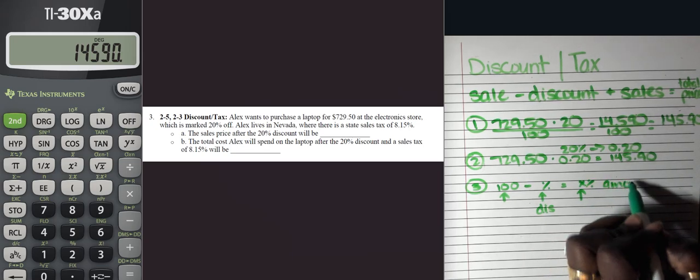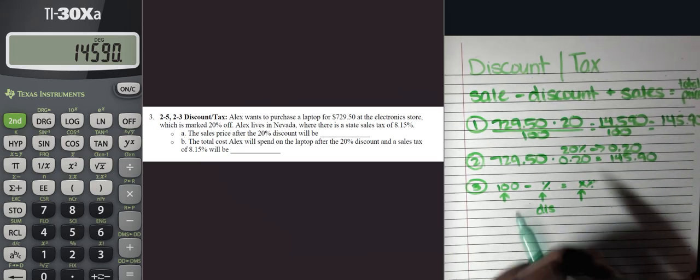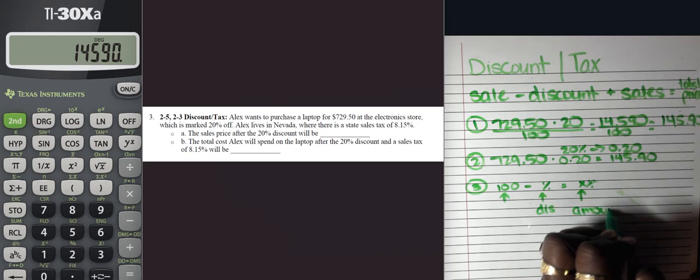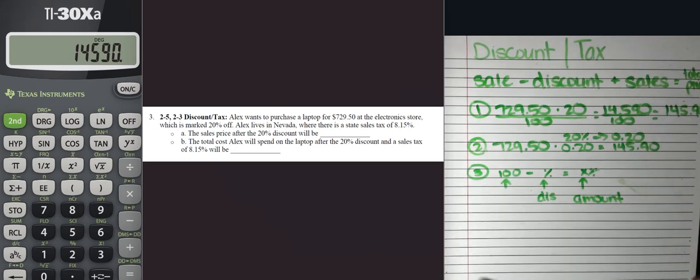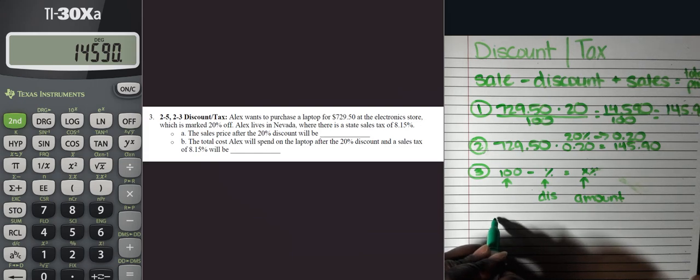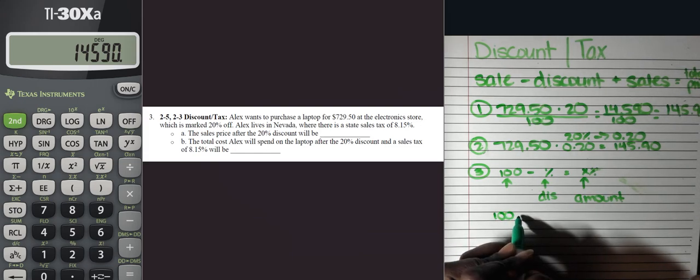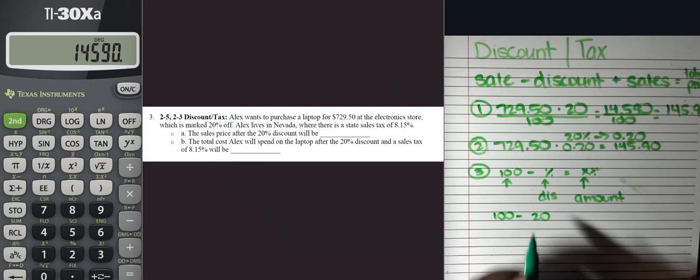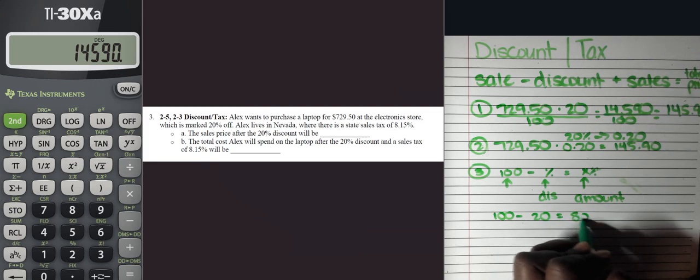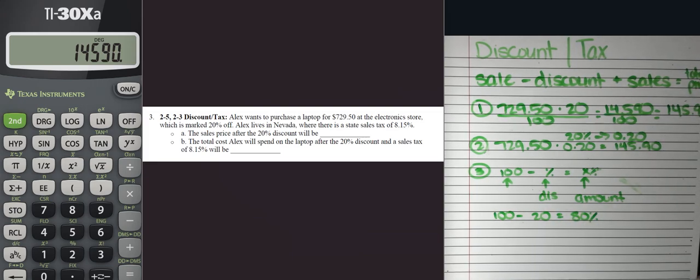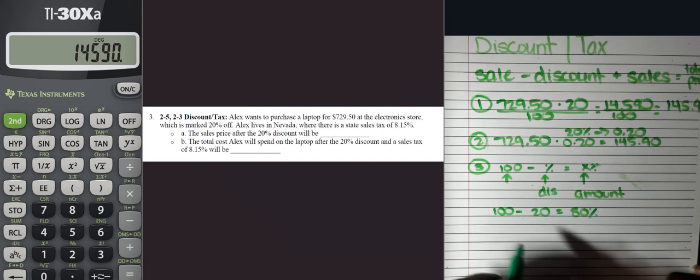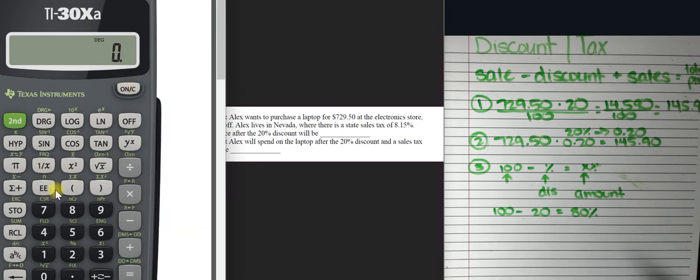Amount to be paid. All right, so using this example, we know that we have 100%, or 100. We're going to take out 20%, which is our discount, which means that I still have to pay 80% of that value. So if I use 80% of whatever the original amount is, you can plug this into your